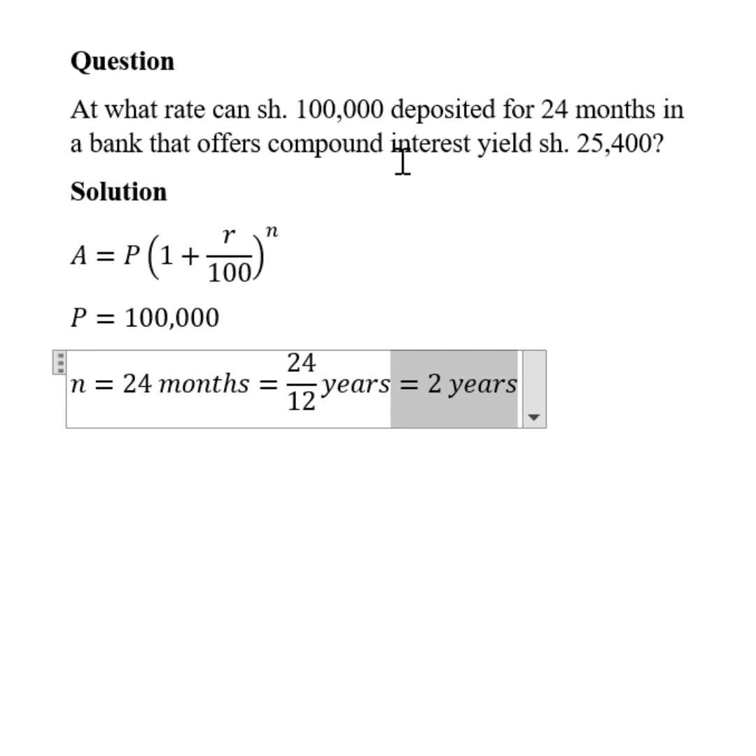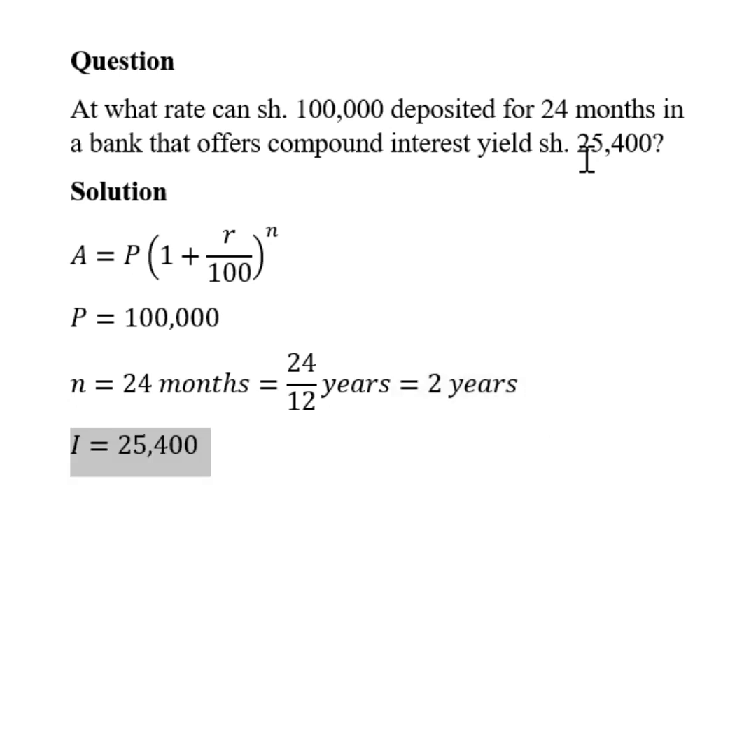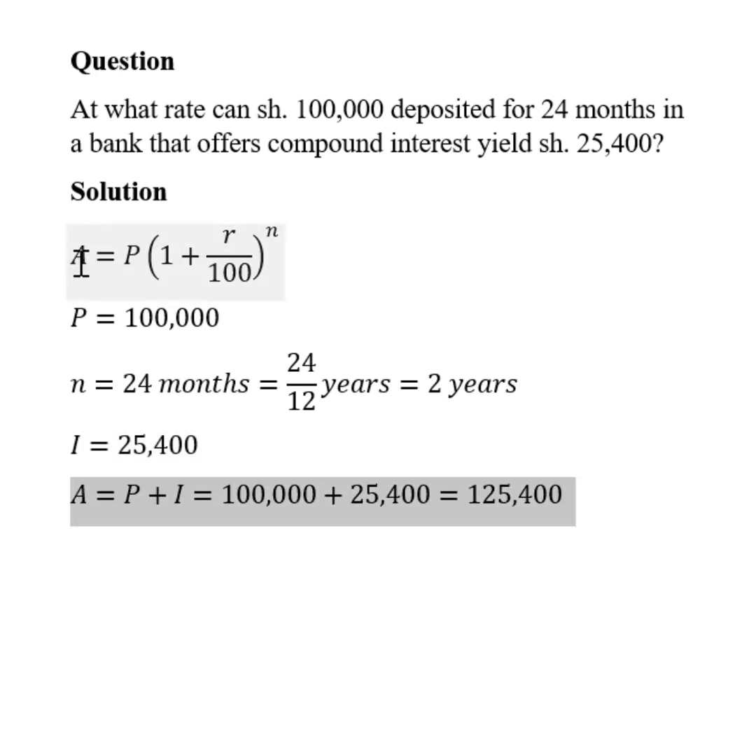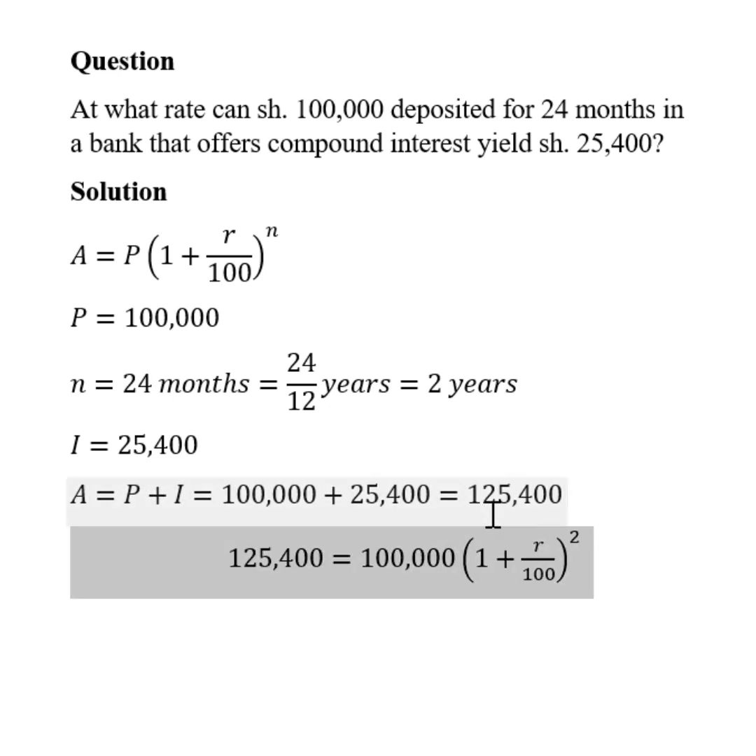And then the other quantity we are given here is 25,400. This is the interest that this money will have earned at the end of the 24 months. So for us to get the amount, we know amount is given by principal plus interest. So that means we take 100,000 shillings plus 25,400. That gives us 125,400. That's our amount. So we shall say amount, which is 125,400, is equal to the principal, which is 100,000,